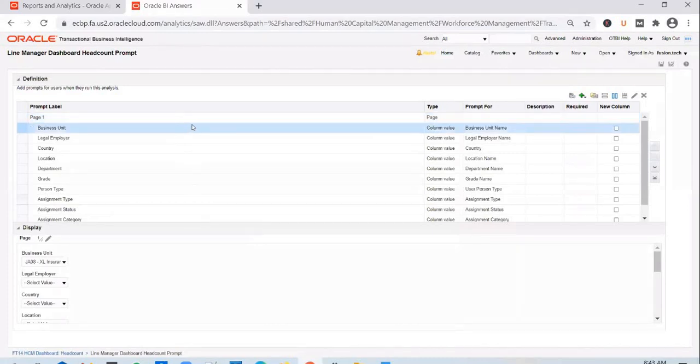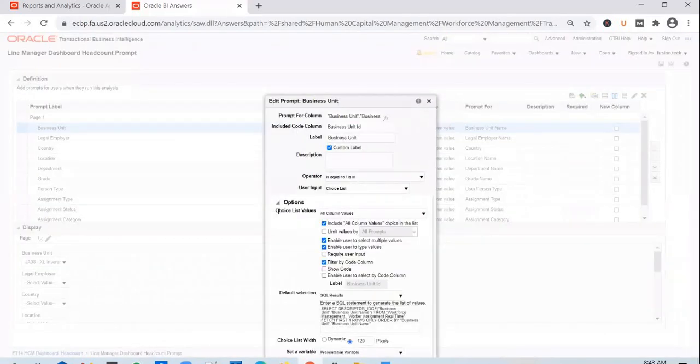And what is the ask here? We need to set construction as a default value for business unit. So don't just select construction here and think that you've set it as a default value. You have to edit it. Expand the options. You see a default selection as SQL results.